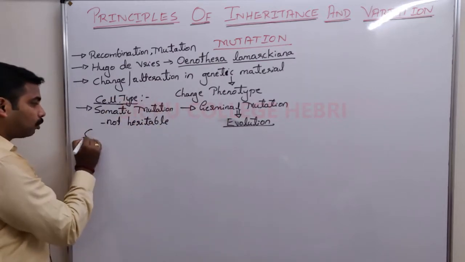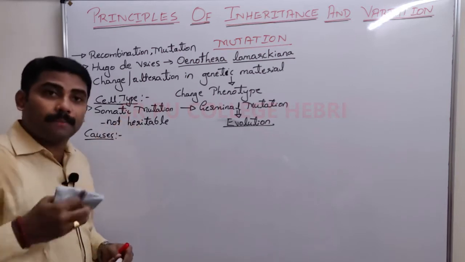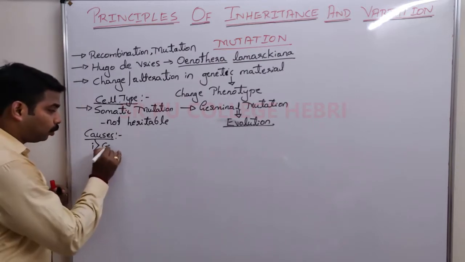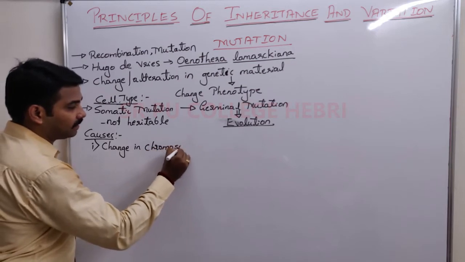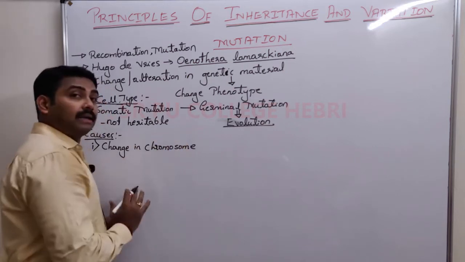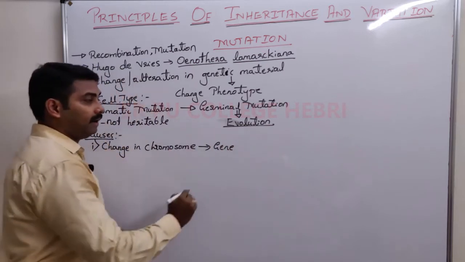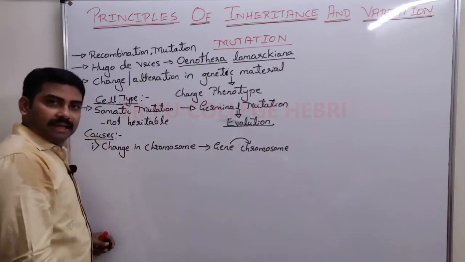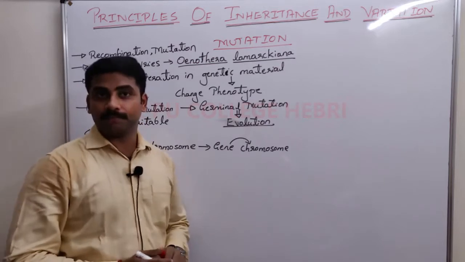Now, what are the causes, how mutation will occur? It may be somatic mutation, it may be germinal mutation. How does it occur? NCERT says that the mutation may be either due to change or alteration in the chromosome. ಅದರಿಂದ ಆಗ್ಬೋದು. If there is alteration in the chromosome, right, we already know that our genes, the so-called Mendelian factors, are present on the chromosome. ಕ್ರೋಮೋಸೋಮಲ್ಲಿ ಬದಲಾವಣೆ ಆಗಿದೆ ಅಂದರೆ we know the genes are present on the chromosome, the genes undergo change, because of which